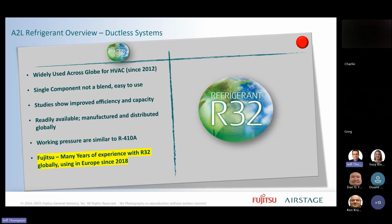So why did Fujitsu choose R32? First of all, it has been widely used globally since 2012, so it's a proven technology that's been around for quite a while. It is a single component refrigerant. It improves efficiencies and capacities. Some units are actually a little smaller. R32 is readily available. The working pressures are similar to R410A, and Fujitsu has been using R32 already in Europe